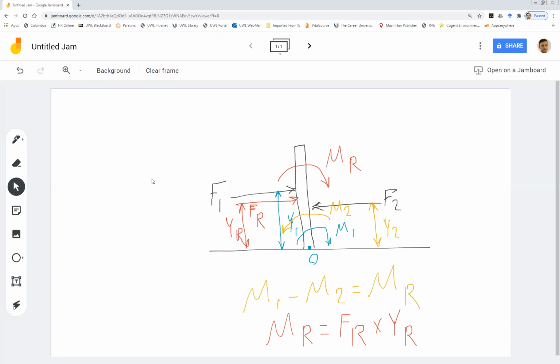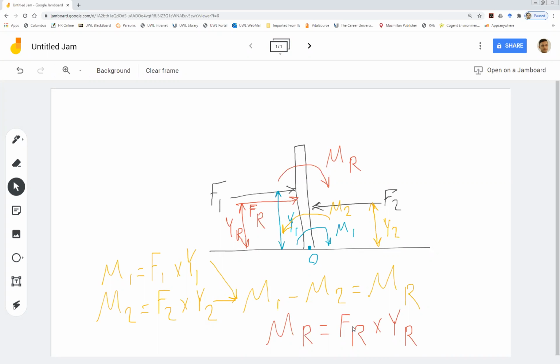MR, M1 and M2 are all really straightforward. As I can just write here, M1 is F1 times Y1, and M2 is F2 times Y2. Okay, so if we're going to substitute in this formula for both, we can easily calculate MR, or we can substitute the MR in the top formula in here. You can easily calculate directly